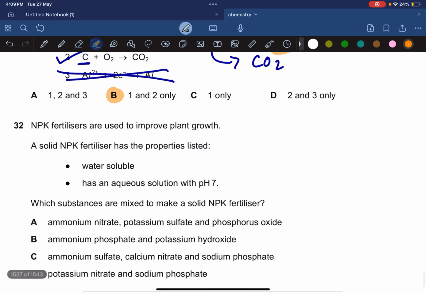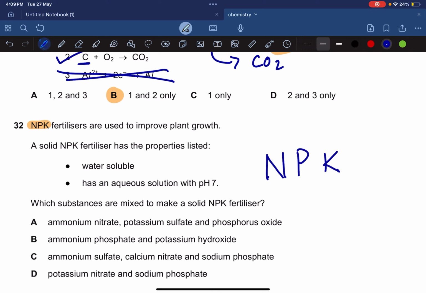NPK fertilizers. What does NPK tell us? NPK: nitrogen, phosphorus and potassium. You should know this. This is your nitrogen. This P is for your phosphorus. All these are essential elements for the growth of the plants. And this is your potassium. Okay, solid NPK fertilizer